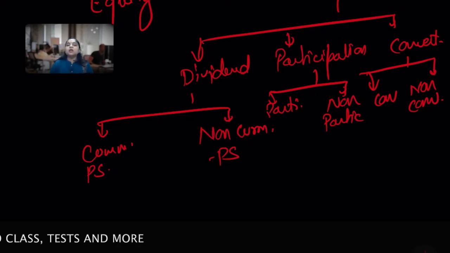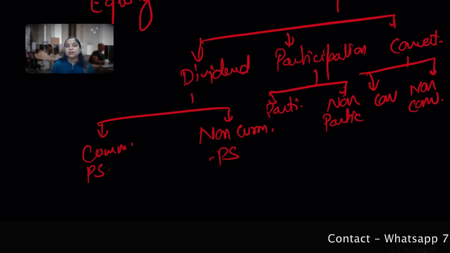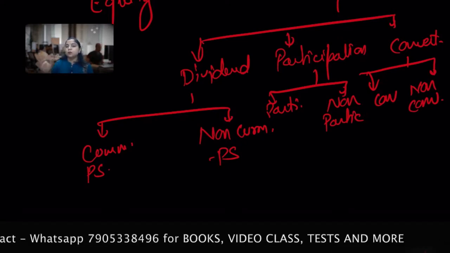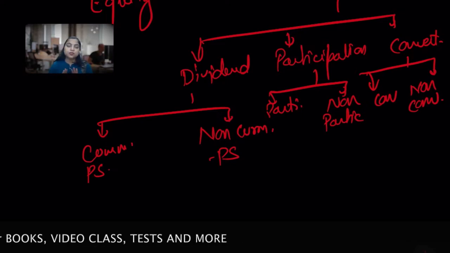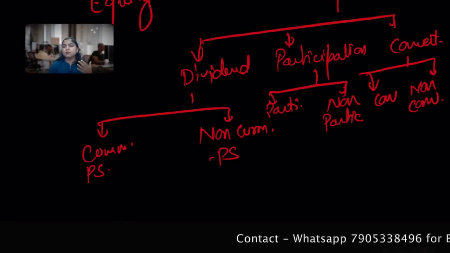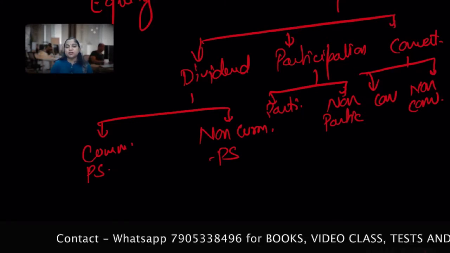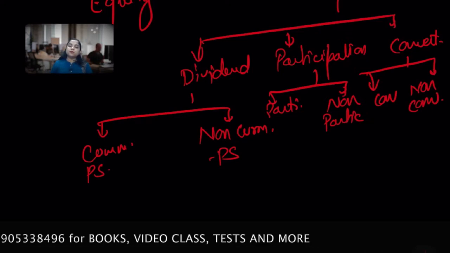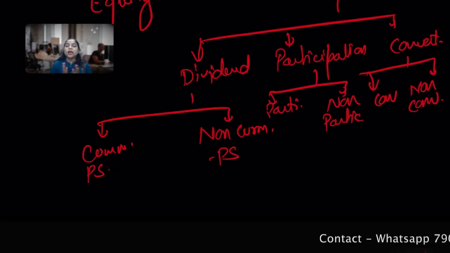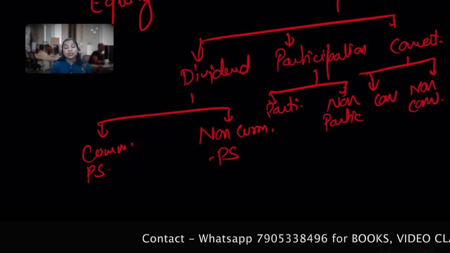Right to vote. In case of equity shares, they have a right to vote in the meeting of the shareholders and they can elect the directors of the company. However, in the normal course, preference shareholders do not enjoy any voting right in the meeting of the shareholders, but they may have some right to vote in extreme and special circumstances. On redemption, preference shareholders have a preferential right, and equity shareholders are only at the end, meaning equity shares are not redeemable.